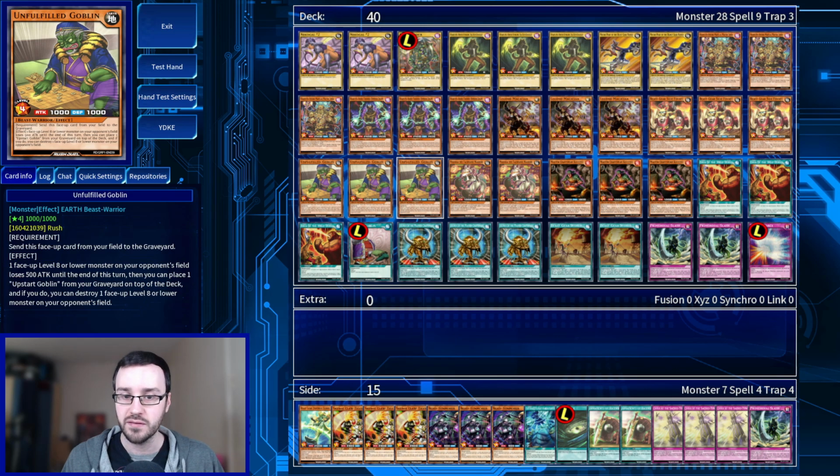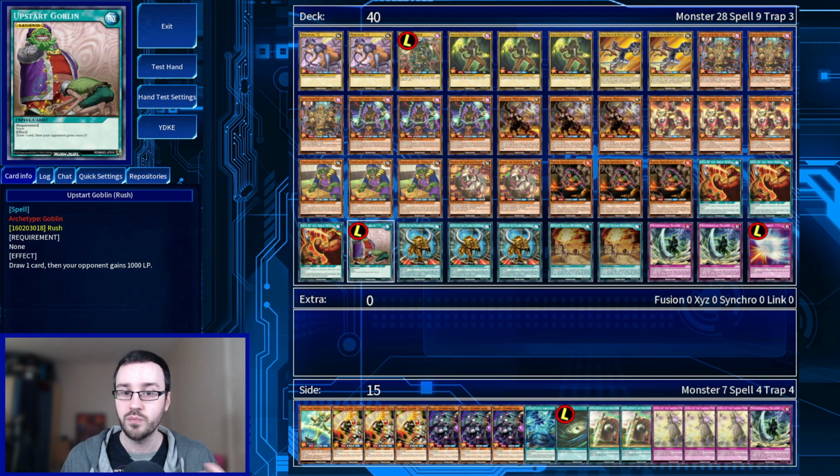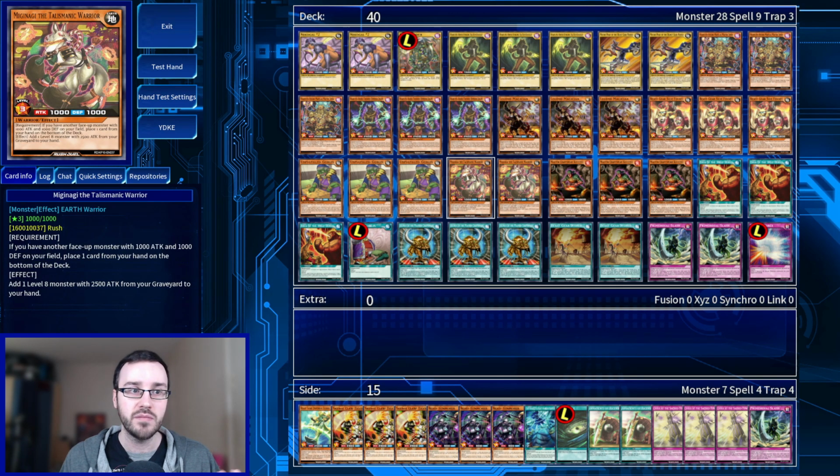It has 1000 attack, 1000 defense. It can weaken a monster just straight up. And if we do get Upstart Goblin into the graveyard, it can also blow up a monster. So really, really fantastic. And then Minyanagi, if we have another face-up monster with 1000 attack and 1000 defense on your field,